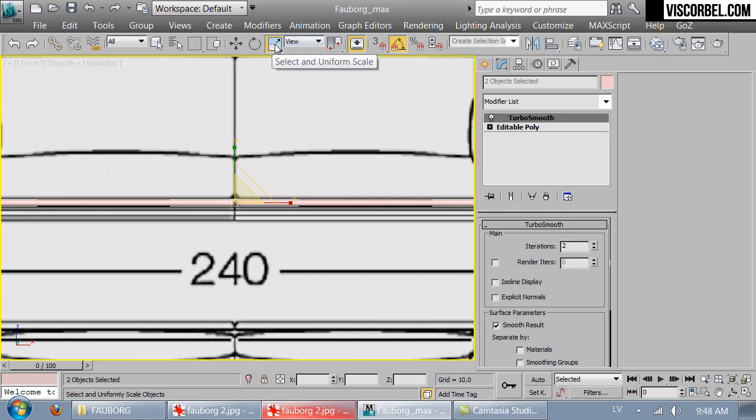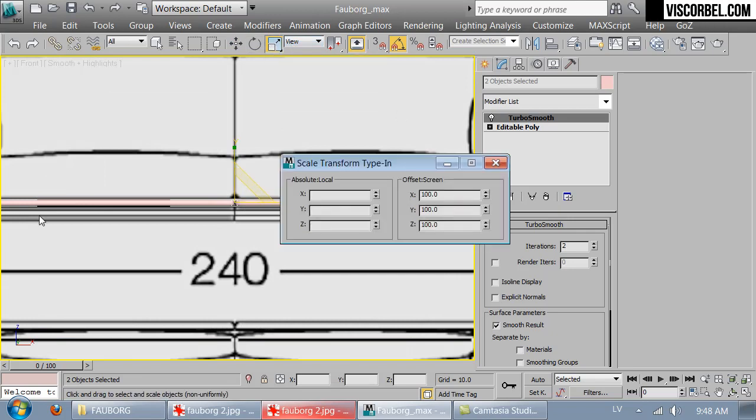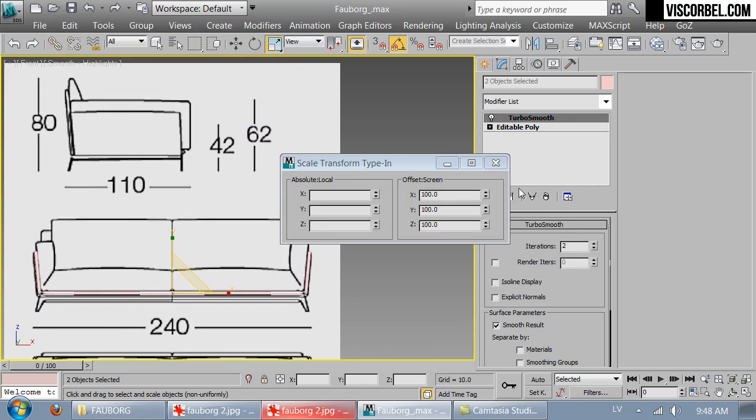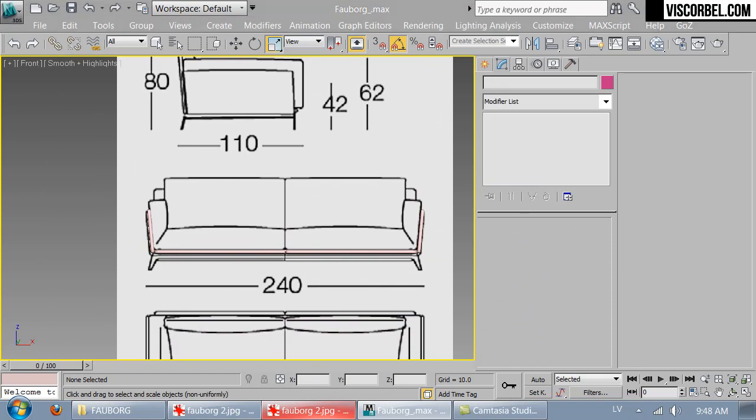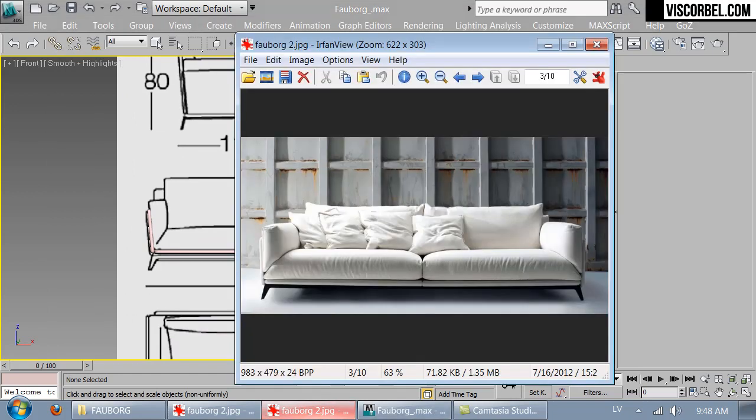Okay, I'm just gonna scale these center parts a bit wider. Alright. And for the back,